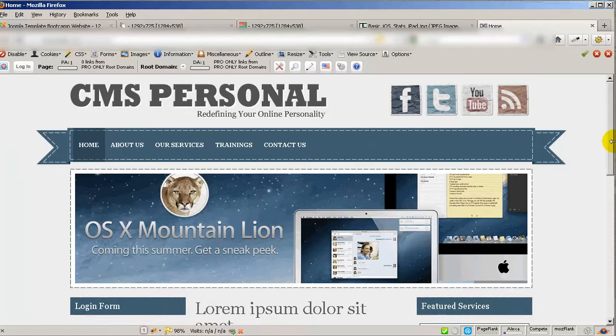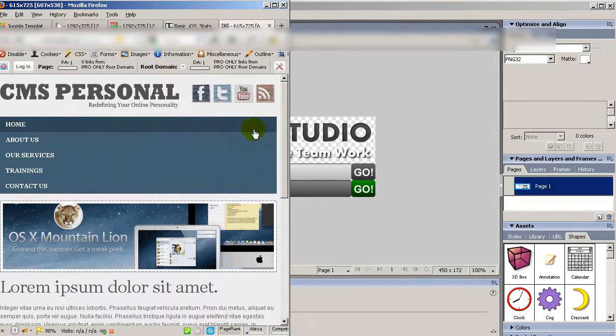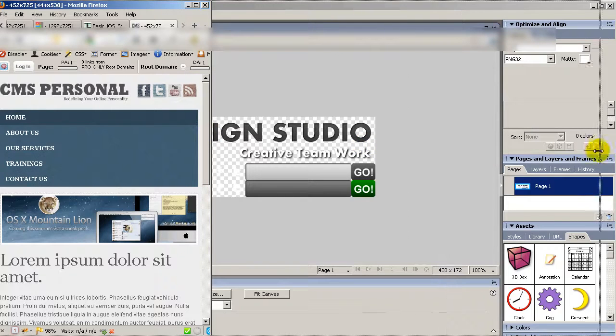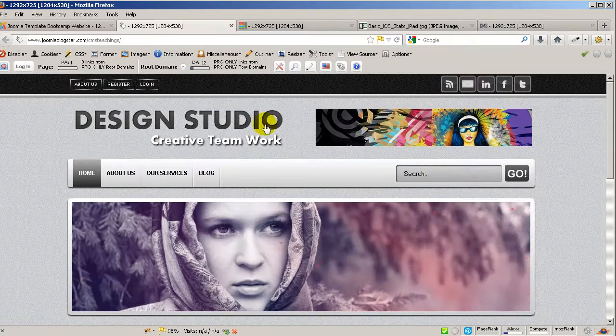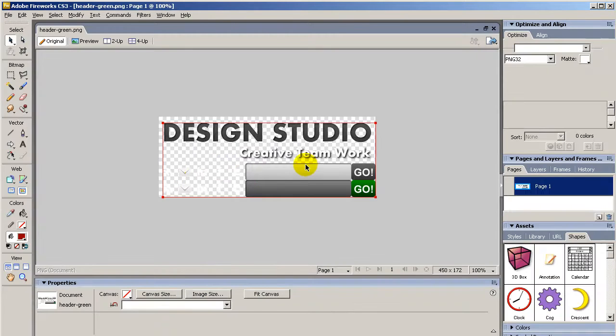Now if we want to accomplish this effect, let me show you inside the logo. You can see that the logo will be getting smaller and smaller. If you want to accomplish this effect inside the logo, you will need to use an image. There's no way you can use an H1 element or an H2 element as we are doing inside this template. So what we will need to do, let me go back, and first of all we will need to